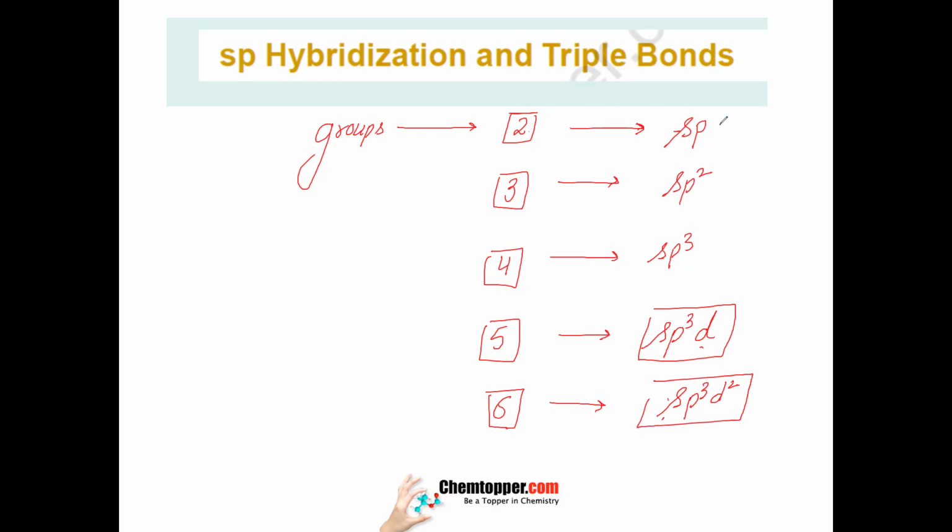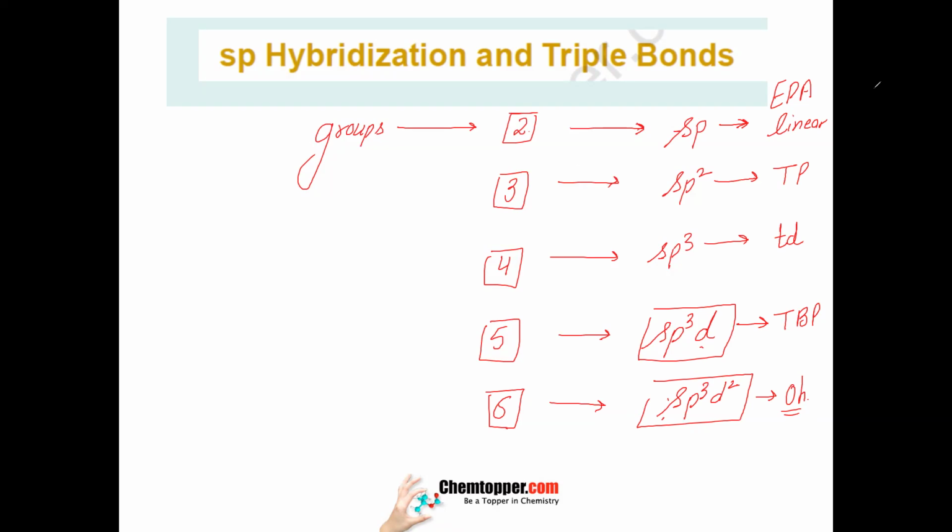When groups are 2, what is the electron pair arrangement for the 2 groups? Linear. For 3 groups, trigonal planar. For 4 groups, tetrahedral. For 5 groups, trigonal bipyramidal. For 6 groups, octahedral. Yeah, Siddharth, but more popularly, octahedral. Okay, now,